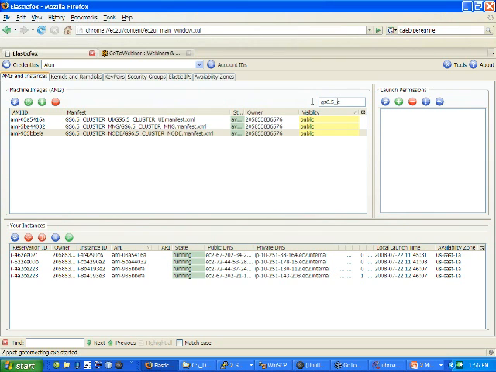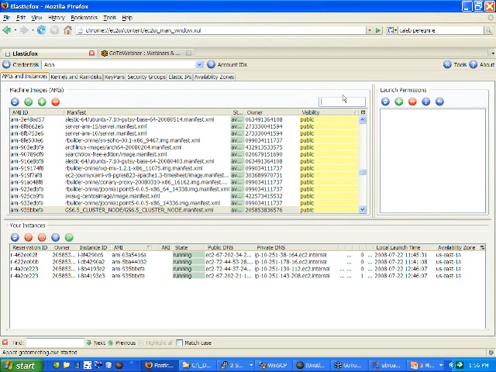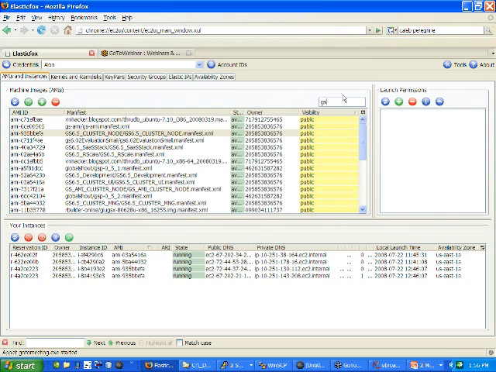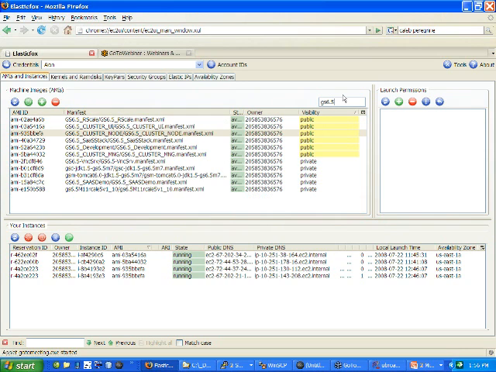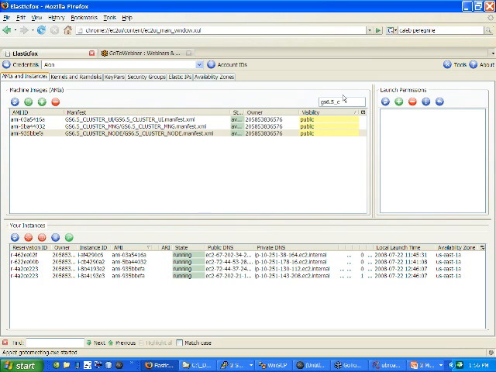So here I've got my GigaSpaces 6.5_C for cluster as my filter, and that allows me to just see these 3 AMIs. If I didn't have that, I'd be seeing a whole bunch of information that might be good for browsing, but not so good for getting my work done quickly, and certainly not for demoing as I hope to right now. So I'm going to go back and put this filter in, and now I can see just those 3 AMIs that are relevant to this clustering demonstration that I'm going to show you.